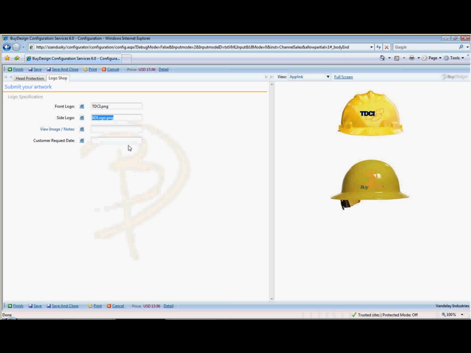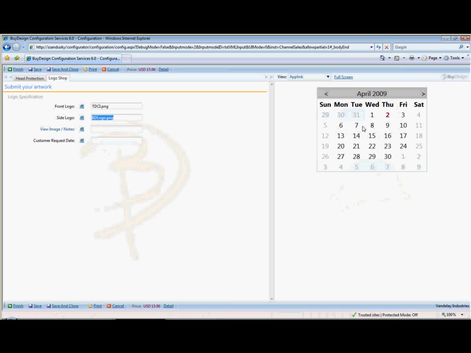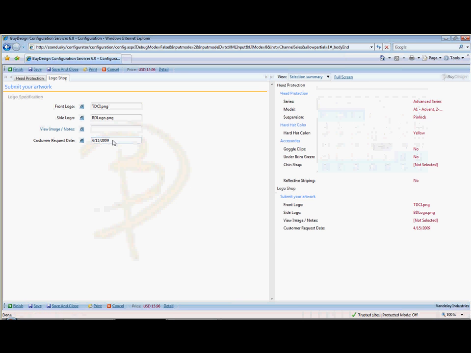Kind of going on the third or fourth example in this same rule set is the ability to introduce a calendar control. So we just have a field here for customer request date. What I can do is just launch a standard calendar application, and whatever date I happen to select on here, maybe I'm ordering these on the 2nd and I'd like them by the 15th. This just allows me to do a couple things. I can send this back to a business system like BPCS or Oracle or MAPICS or SightLine, whatever, as the request date in the